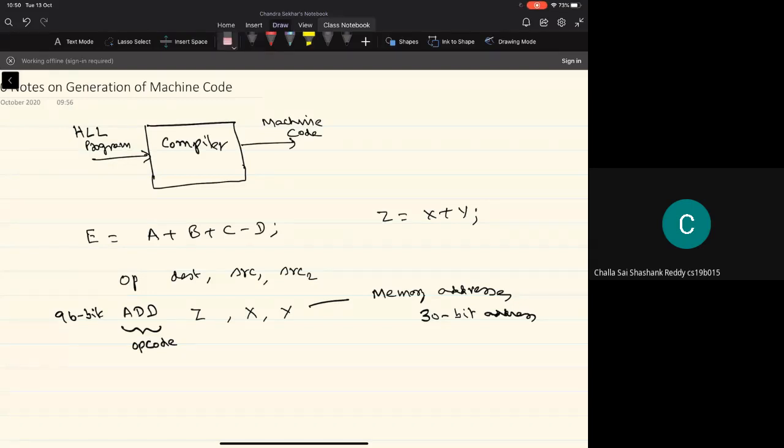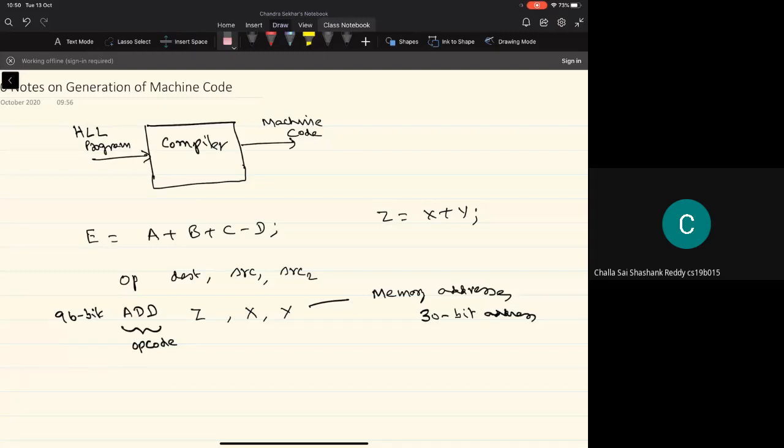And where do I store this instruction? The instruction also has to be stored in the memory. So this instruction will have one memory address, but how many bits can be stored typically in a memory address? Typically, we are talking about 32-bit wide memories, right? So only 32 bits of this instruction can be stored in one memory location.